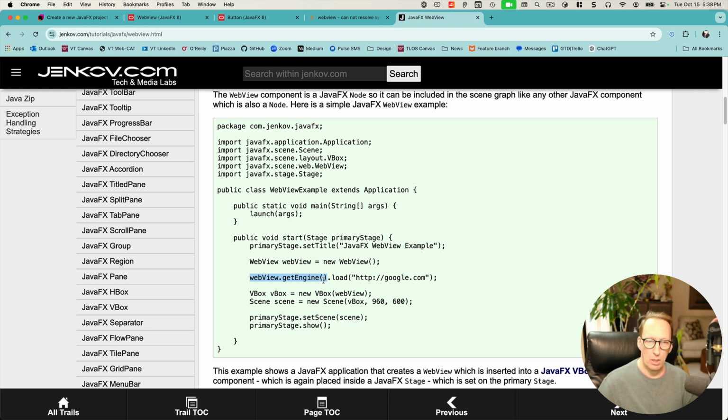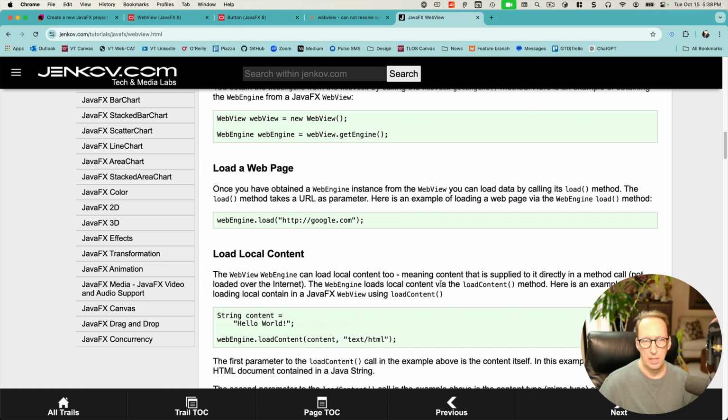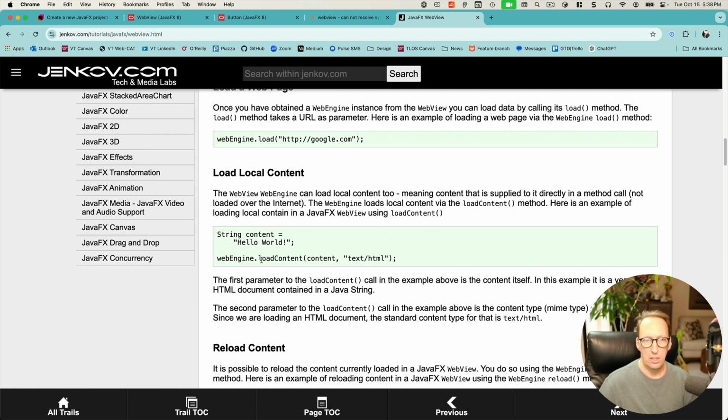Now, one thing you can do is load a web page using a URL. The other thing you can do is load content that you create, like string content "hello world", and you use the method from the web engine, loadContent, with text/html. So that's assuming you have access to that web engine. So I'm going to copy this,